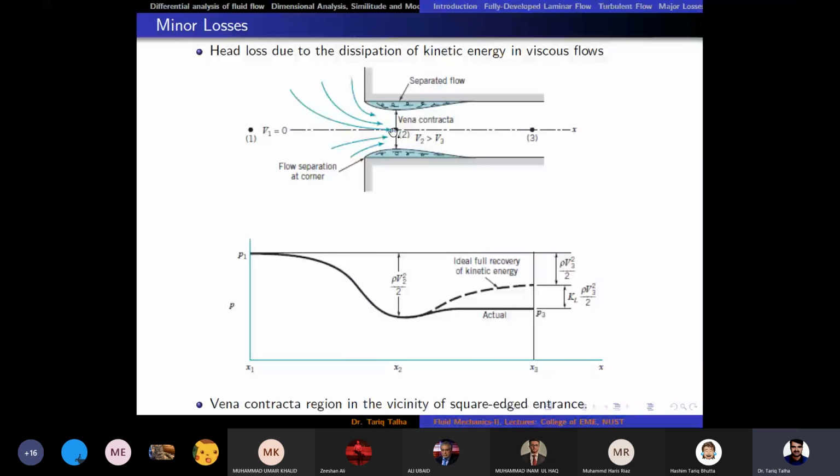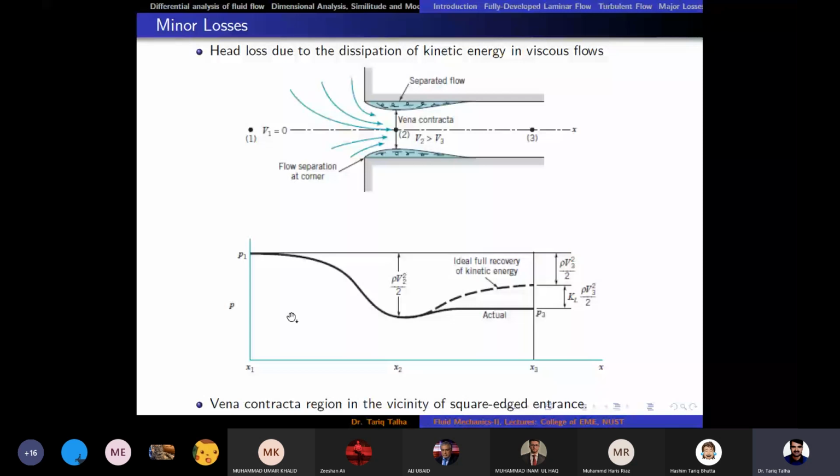Why is velocity maximum? Because there is a flow separation, and the area available for the flow to pass is minimum. That is kind of the throat of a nozzle, as you discussed in your thermo 2, I think. If you have taken a thermodynamics 2 course, you must have discussed the convergent divergent nozzle. So that is kind of a throat of a nozzle. On that, because the velocity is maximum, the dynamic head is maximum and the static pressure value is minimum.